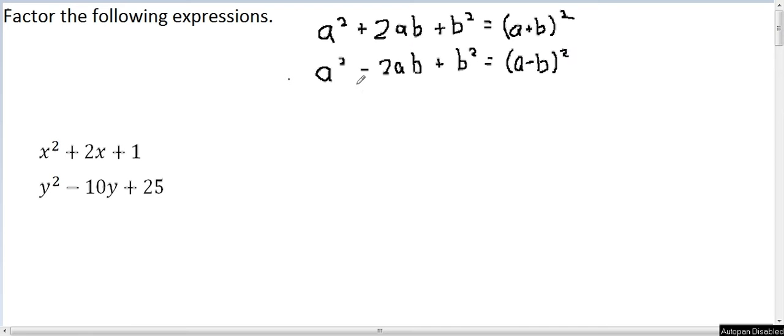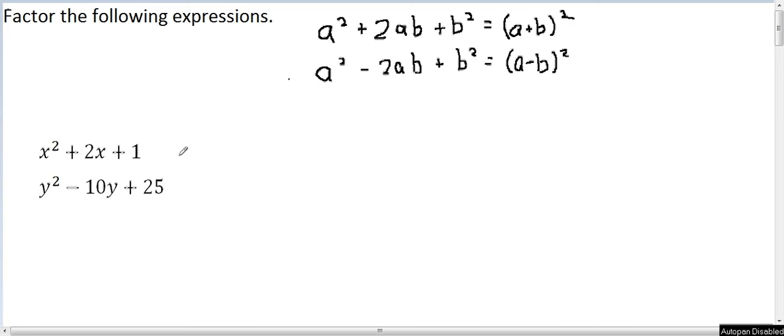The two formulas are a squared plus 2ab plus b squared is equal to a plus b squared, and a squared minus 2ab plus b squared is equal to a minus b squared. These two expressions here are almost the same, and the only difference is a plus sign here and the minus sign here. So that's how we're going to determine which formula we're going to use to help us factor these